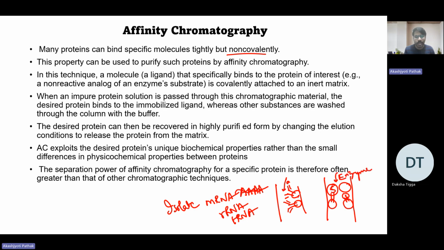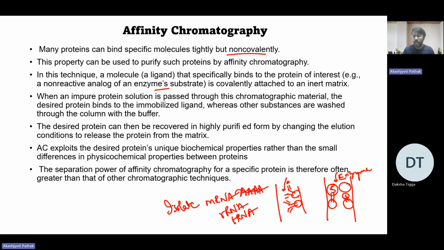You are having different populations of protein molecules, and we will learn one by one. So you have GST column purification, you have nickel NTA affinity chromatography. We will discuss each one of them. It can be anything. It can be an antibody immobilized on the resin. It can be a substrate molecule immobilized on the resin. It can be a metal ion which is immobilized on the resin. Okay, so